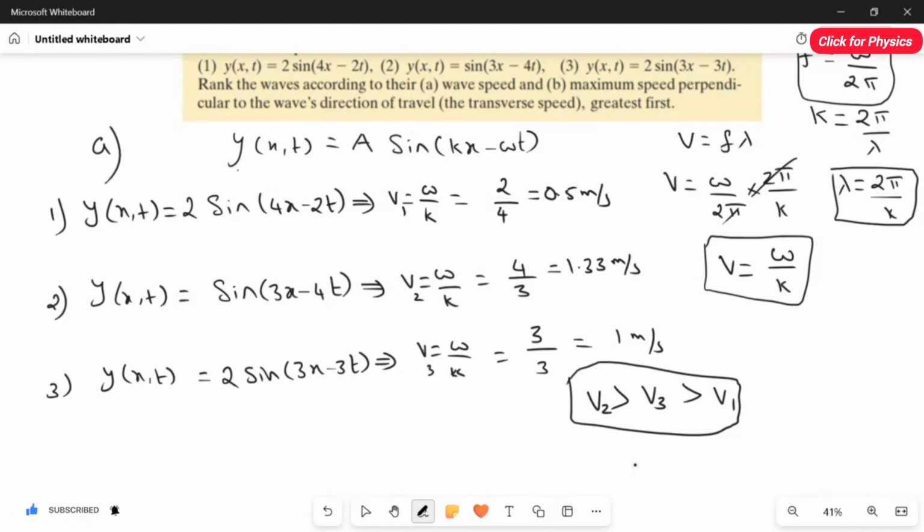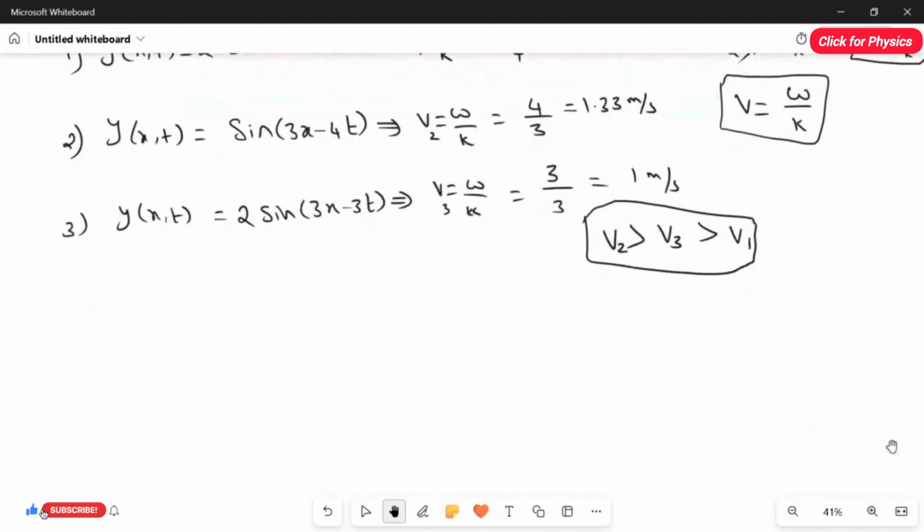Clear? Now we have to find the maximum speed. That means the transverse speed we have to find. So for that, we have to take the first order derivative of the wave equation. I hope you understand the answer for part A. So now we have to go to the second part, which is to find the transverse speed. First we have to identify the transverse speed by using the derivative of the